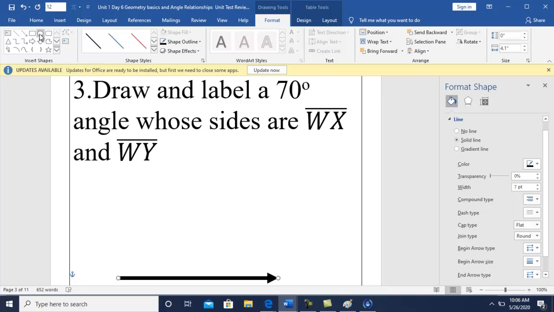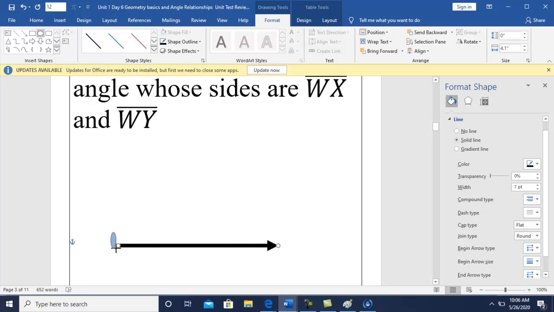And then I need a point, and I need a second ray. Now you're going to need to take your protractor, and this is the part that's kind of hard to see, but your second ray